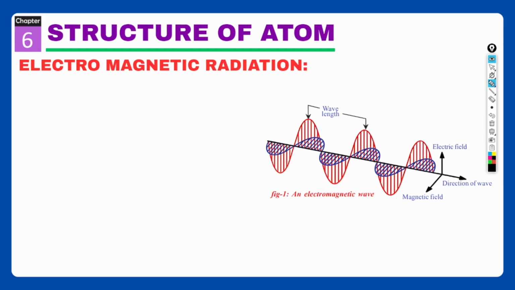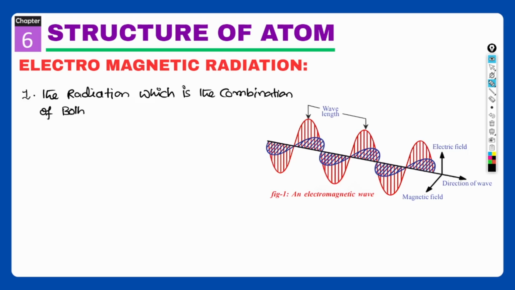Simple definition and meaning: the radiation which is the combination of both electric field and magnetic field, both electric field and magnetic field, perpendicular to each other,